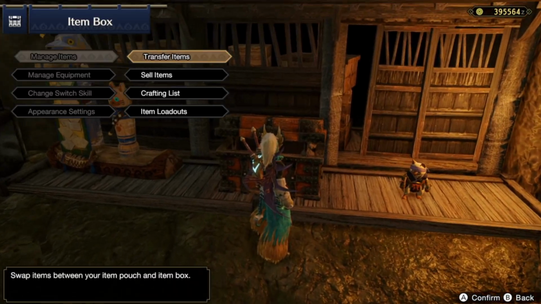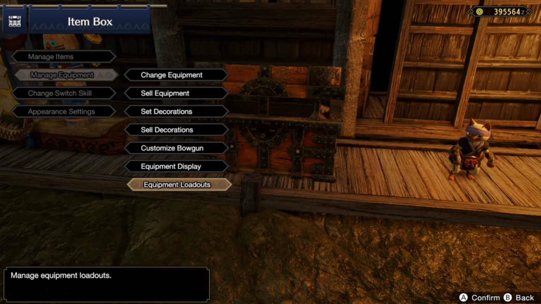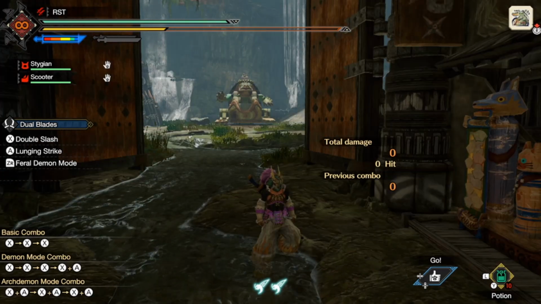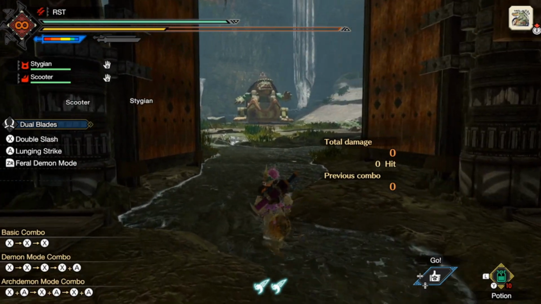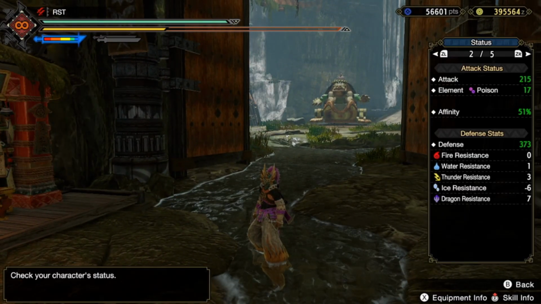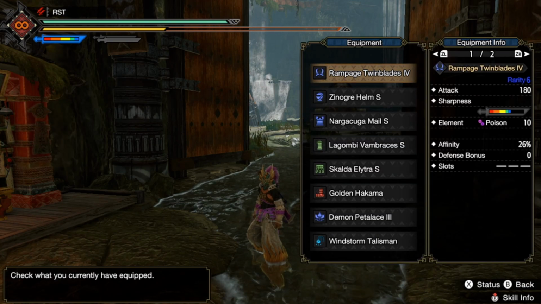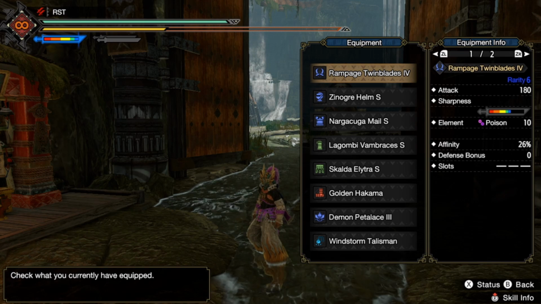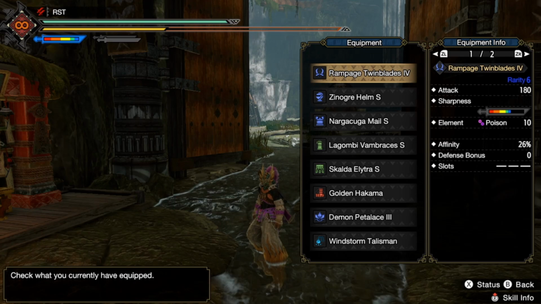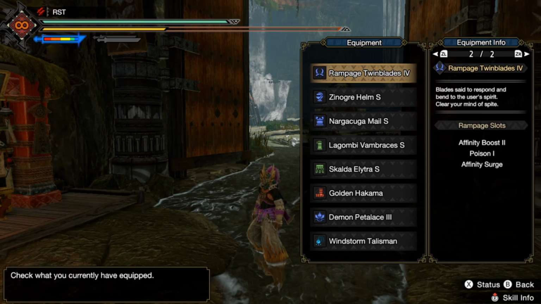Finally, for the poison, the only other poison dual blades in the entire thing that I saw, I've checked multiple times, was the Ragi one. I believe they're 150 with 20 poison, or maybe 160 with 10. Whatever they are, these are much better because you're going to get 180 base with 26% affinity and 10 poison. So I believe that's much better, and it shouldn't be a comparison because I think they were actually rarity 4. So that kind of sucks that they only gave us really 2 options for poison and same for paralysis,